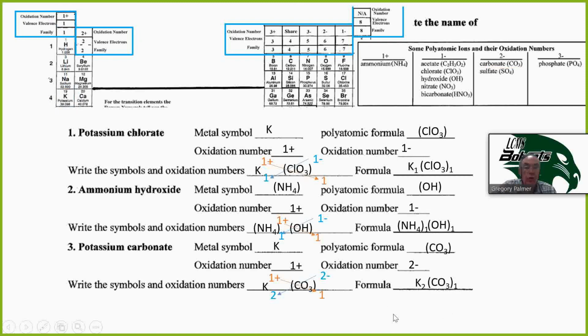So there's nothing new about this. Okay, it's exactly what we've been doing. We just write the 2 things, crisscross the numbers. These are a little easier because if the second one is a polyatomic ion, you don't need to change the name. So you're going to need to refer to your notes and this chart